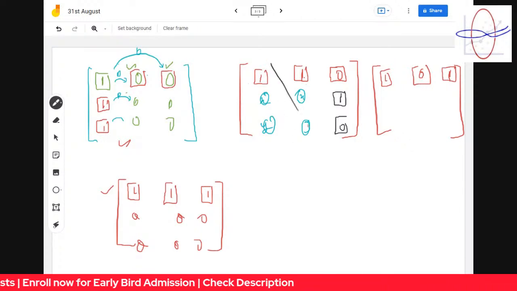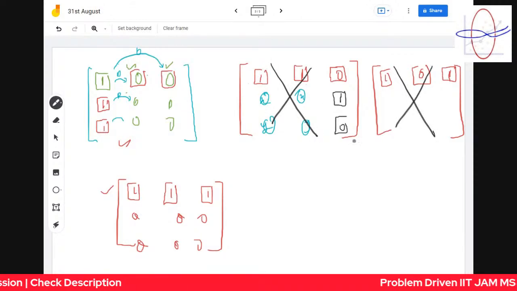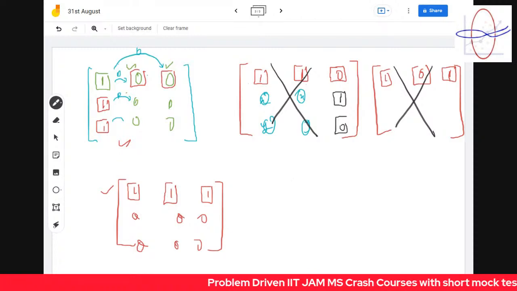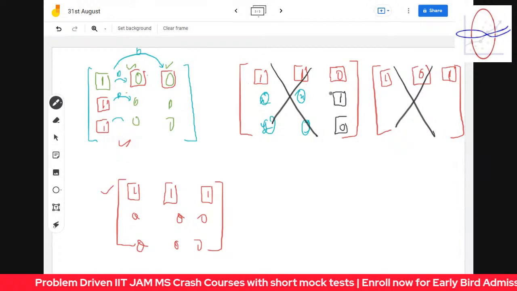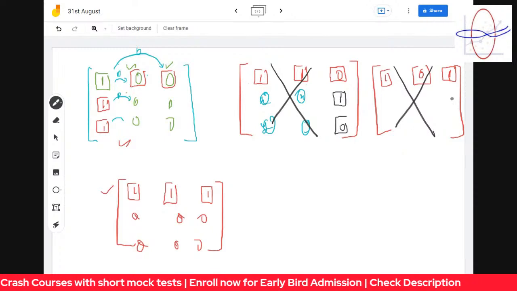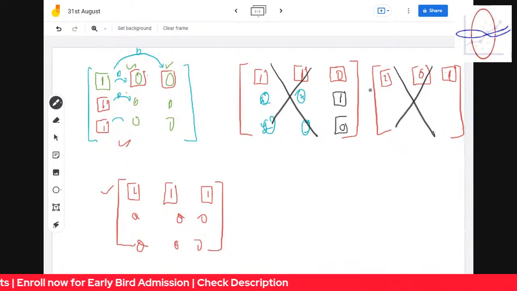So therefore, it's turning out to be a rank 2 matrix. Similarly, it will turn out to be a rank 2 matrix. So there are 2 such rank 1 matrices. The 1, 1, 1 must always be together. If 1 is over here, then here there cannot be a 1. Similarly, here there cannot be a 1, since it's the same idea. So there are 2